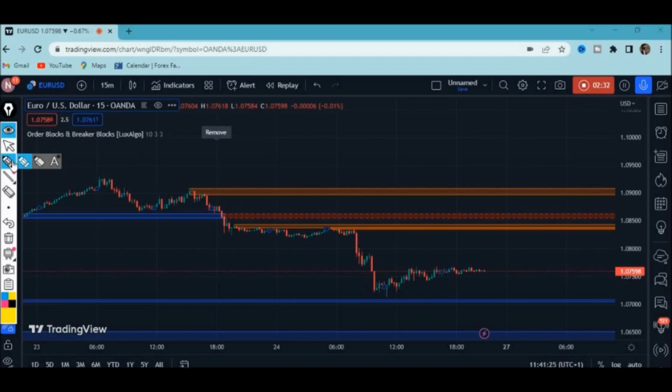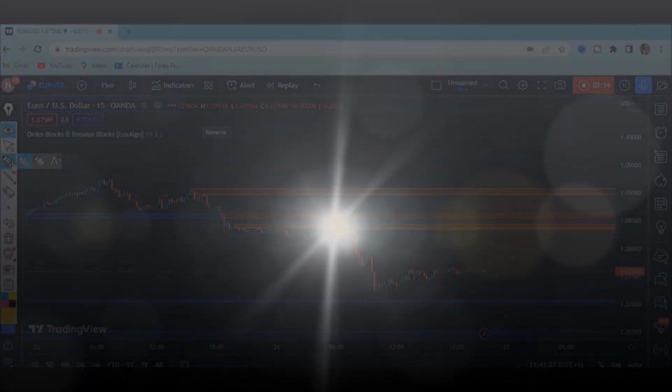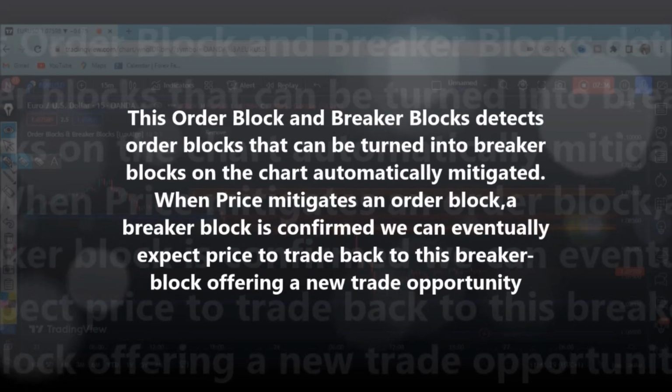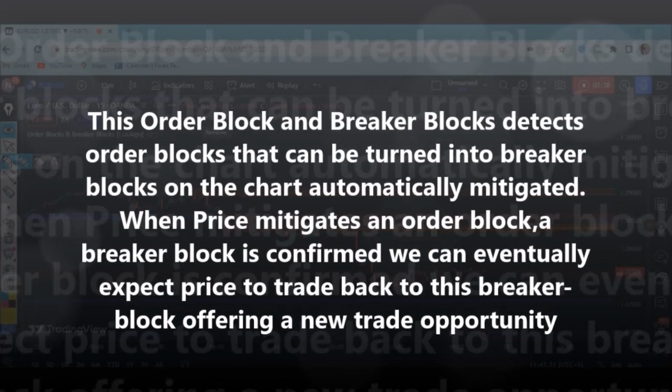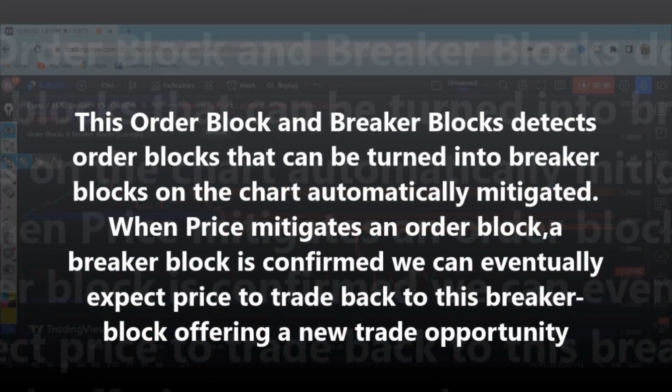Another thing you're supposed to understand about this indicator: this order block and breaker blocks indicator detects order blocks that can be turned into breaker blocks on the chart automatically once mitigated. And when price mitigates an order block, a breaker block is confirmed. So we can eventually expect price to trade back to this breaker block, offering a new trade opportunity. We can see that this is similar to change in polarity, where a support becomes a resistance after a breakout